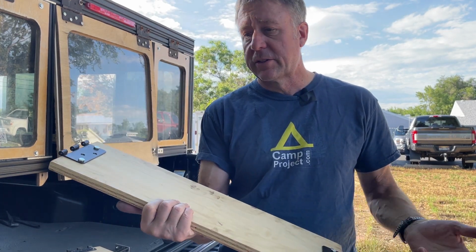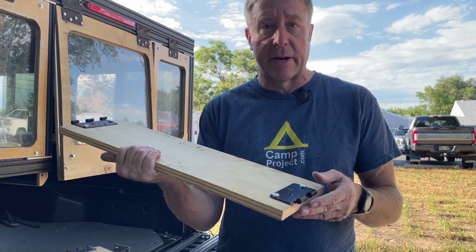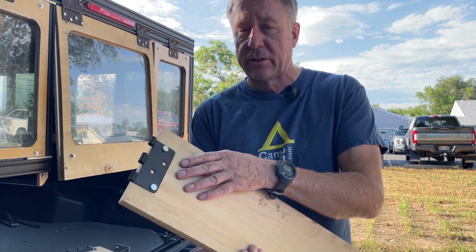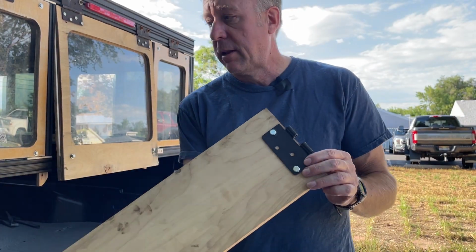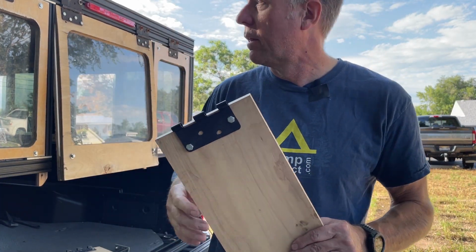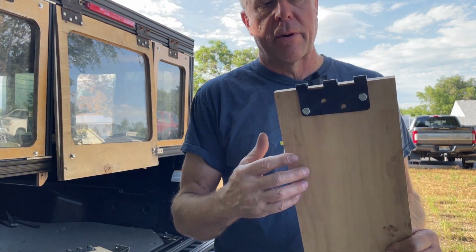The side panels are going to work the same way, where you have half a hinge on top and half a hinge on bottom. Basically, this is one hinge. You see how you have the three on the top and the two on the bottom. When you pop the pin out from the hinges on the side and then lift up the camper,